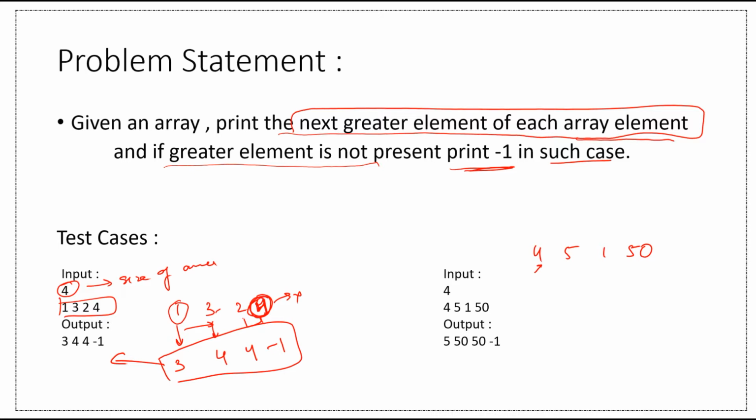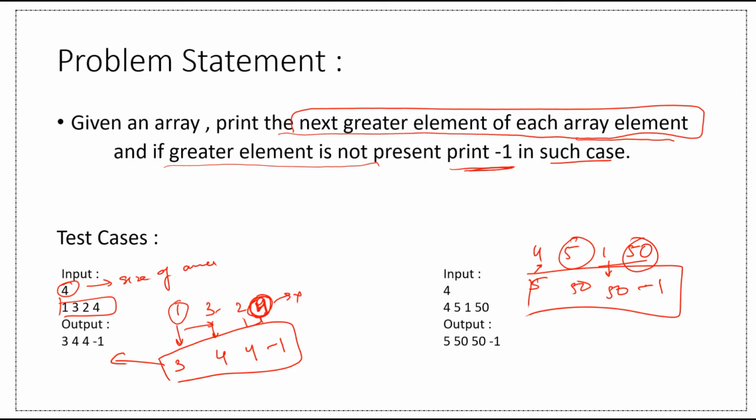Okay, immediately I mean the next element. So 5. So it will print 5, and for 5 it is 50, for 1 also it is 50, and for 50 it is -1. Okay, so this is the output. So I request you all to pause the video and think of a solution.